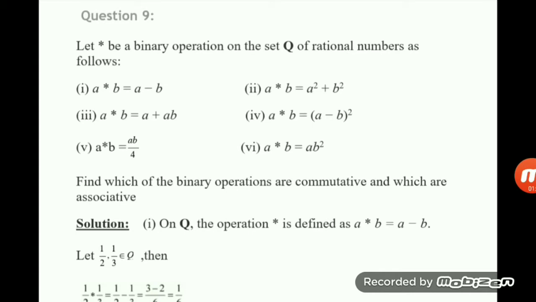First, if a function is commutative or associative, then you have to use the given definition and do the calculation. If not, after doing the question you may understand that it is not associative or not commutative. Or sometimes just by seeing the question we can decide whether the function is commutative or associative. If just by seeing it you understand that it is not commutative or not associative, then it is sufficient to give an example.